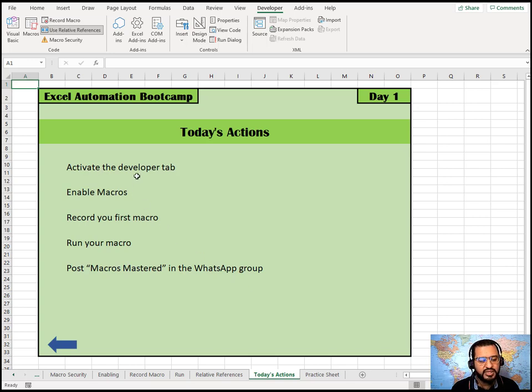The first step is to activate the Developer tab, then enable macros in your worksheet, then try recording your first macro and then running your macro. And then you could also try with relative references. Once you are done with all these activities,